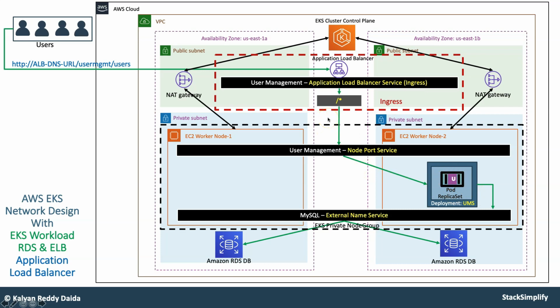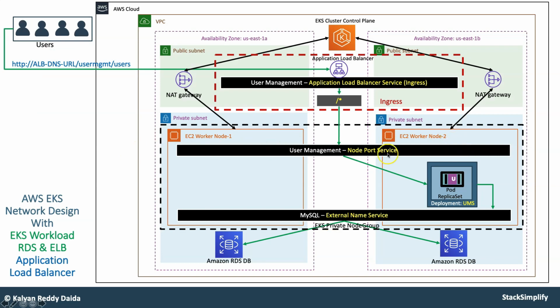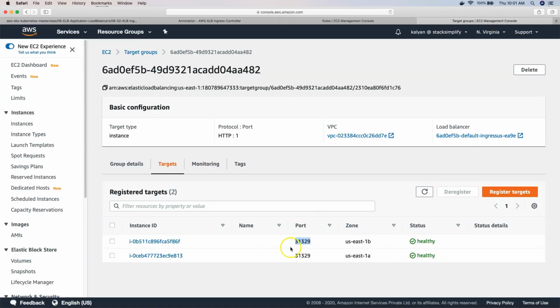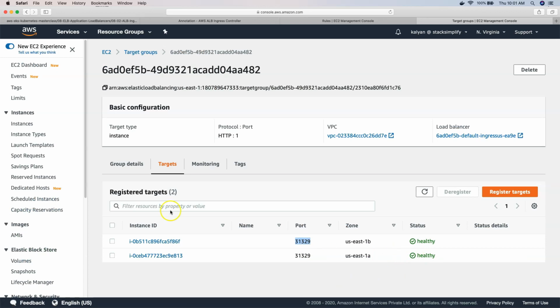So this understanding is very important for us in what is happening from the load balancer perspective and also from the worker node port service perspective, right? So that's about it. It connected on 31239, and then from both the servers it is healthy. Why? Because a service can be spanned across all the worker nodes, right? So from here you can access this pod, or from this worker node you can also access this pod. That's the reason from both the nodes it is connecting to the respective pod, and then it is telling us it is healthy.